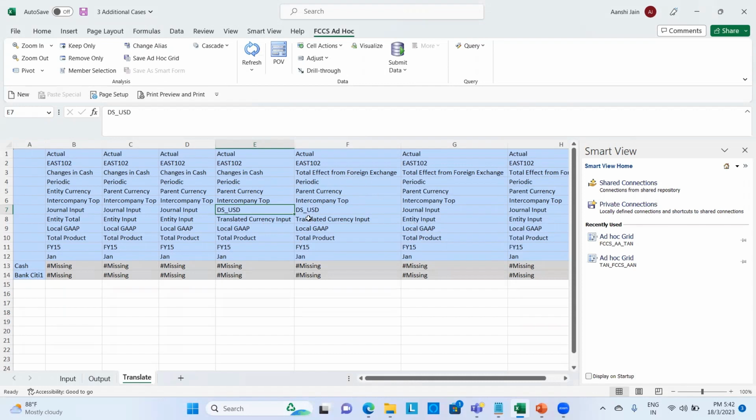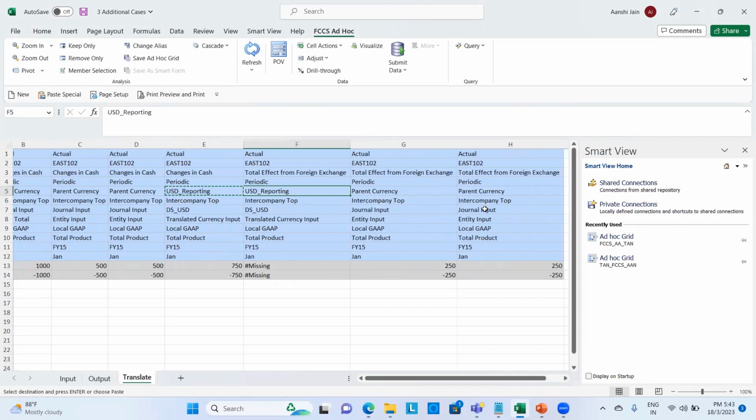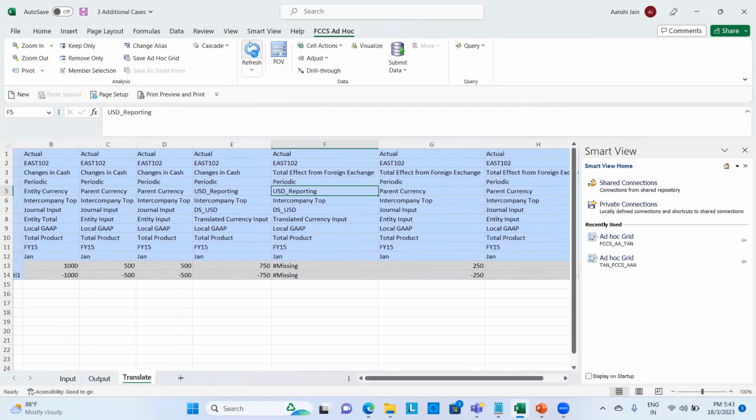Okay, let's refresh it and check for the results. This should be USD reporting, so let's change it, because obviously we have done the translation at that only. Let it be parent currency. Okay, so we are seeing the result